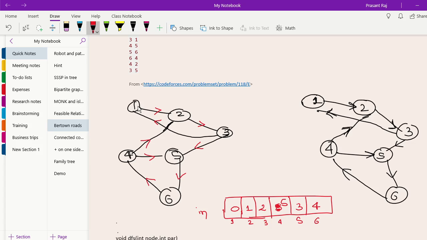So dfs1 will be called from the main function, and whenever we traverse any edge, if the node is unvisited, then the direction is from parent to child, and if it is already visited, meaning a back edge is there, then the edge direction is from the child to its ancestor. So this is what we are going to do: child to its ancestor, not the ancestor to its child, because while backtracking it